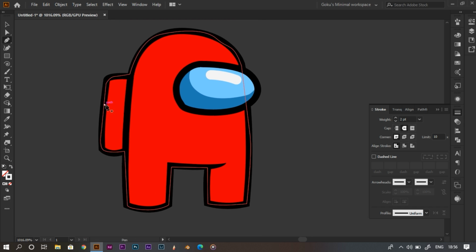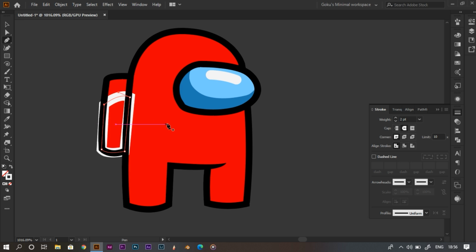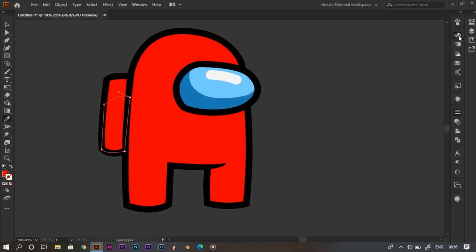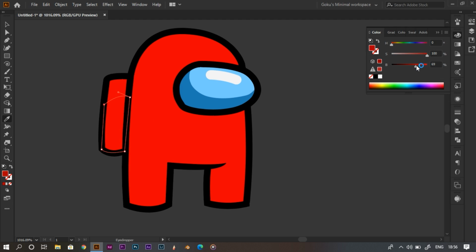Now we'll create the shadow on its body. Just click and drag. Now I'll use I for the eyedropper tool on the red color. Now we'll go to the color panel. We'll drag down the brightness of it a bit and increase its hue a little bit. Like we can drag it to the pink side so we can get a really good, realistic feel to the vector art. Okay, so now we'll just drag its point a bit up using the Direct Selection tool.